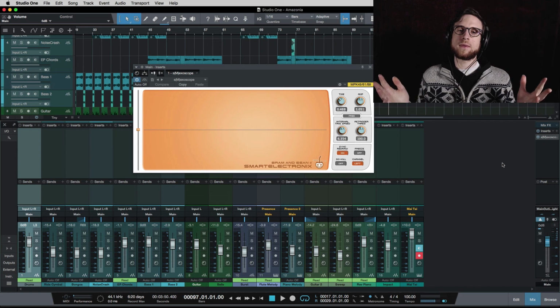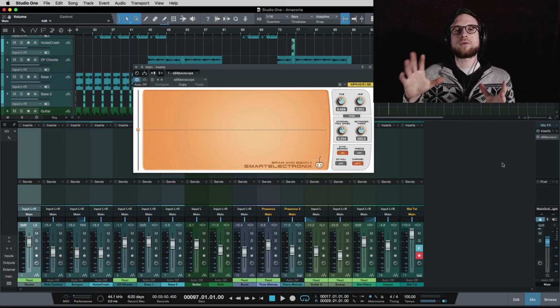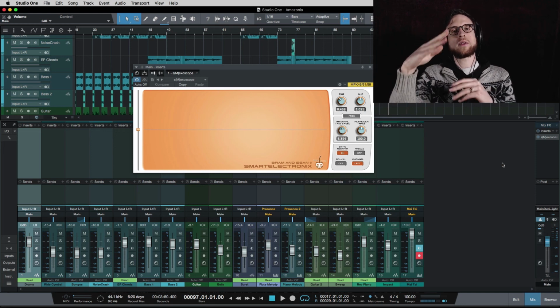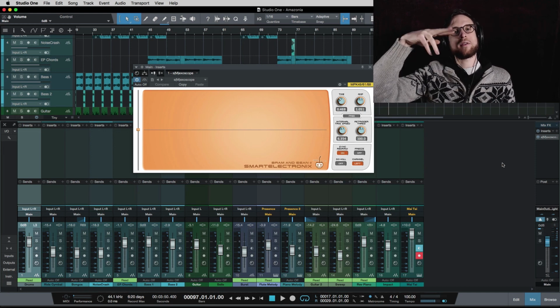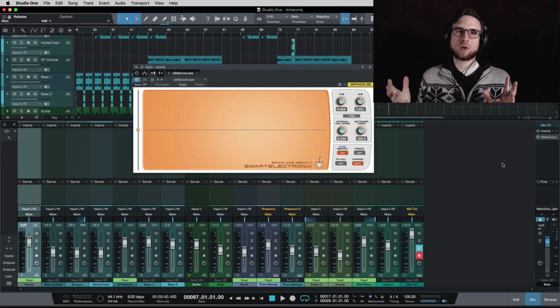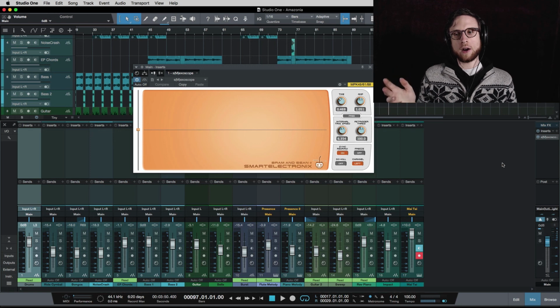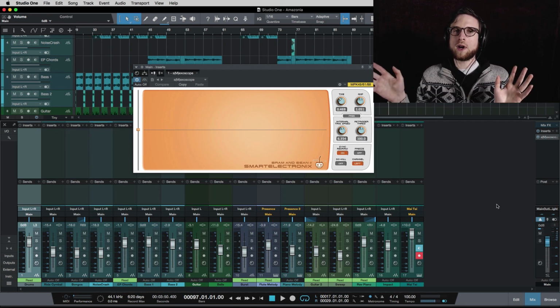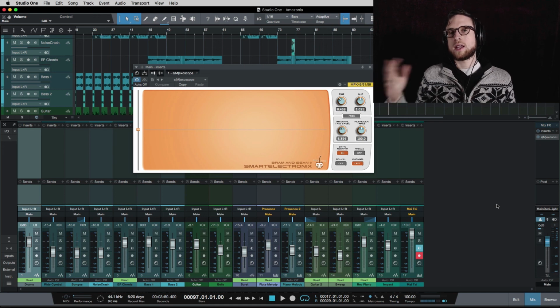So the takeaways from this video are: clipping occurs when the volume is too loud for the system. And what clipping means is that the waveforms get squared off. They get clipped. The top of them is like a scissors clipped the round part of the waveform and made it square, and it causes distortion, which ruins our sound. So it's good from now on to start being aware of your overall volume and looking on your meter here to see if you're clipping, because when it comes time to listen to your music or export the song from Studio One so you can listen to it on your iPod or whatever, and it's clipping,